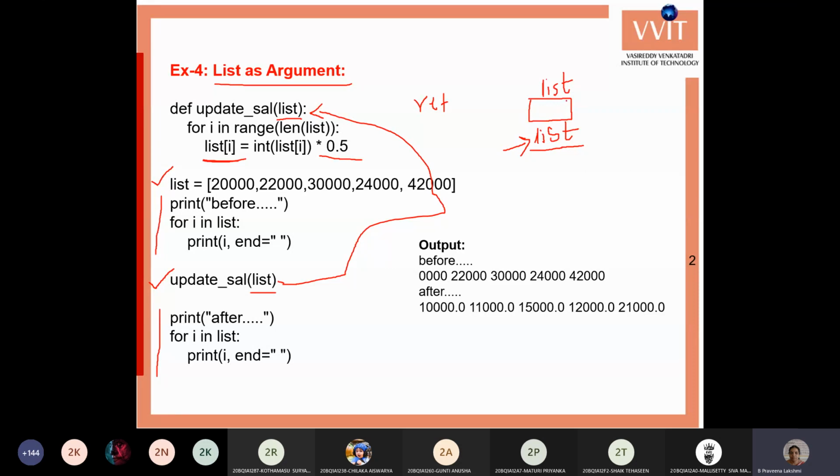So you need not return the values. Whenever you come back to the actual program and access the list, it also accesses the same memory locations. Both variables are for the same memory location, so both are accessing the same memory location, and we need not return the values. This is specified by default as a reference object.